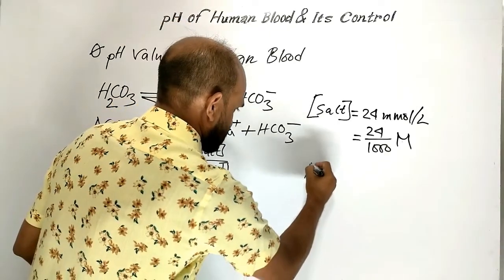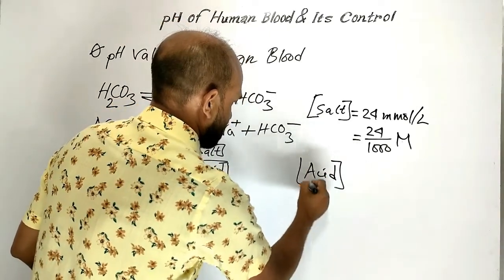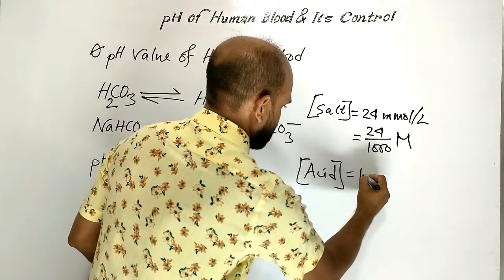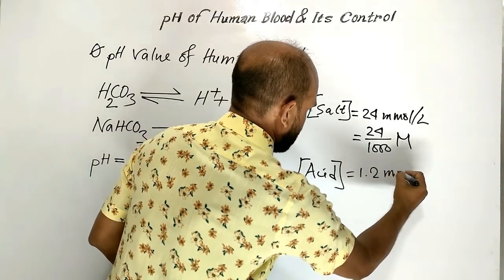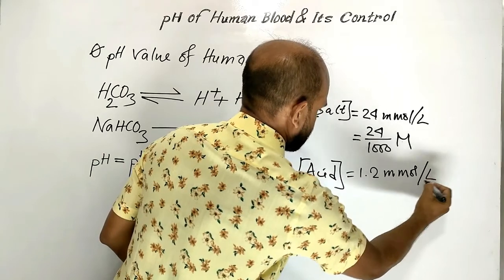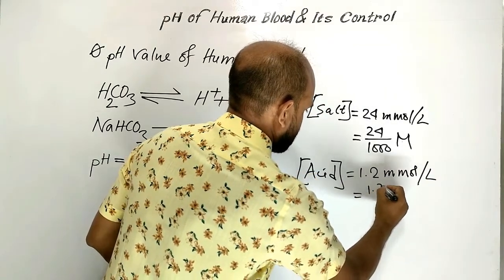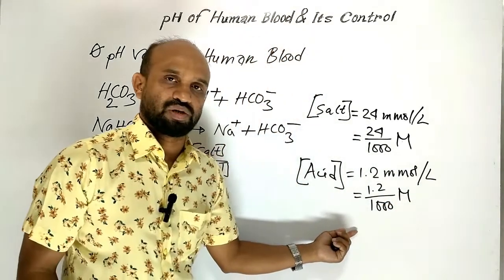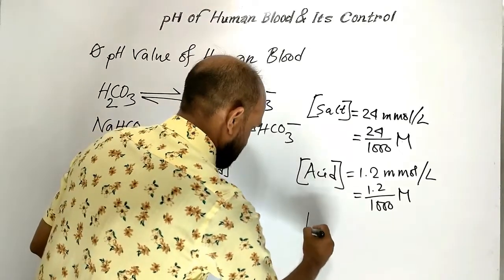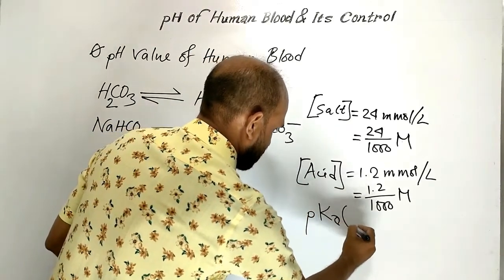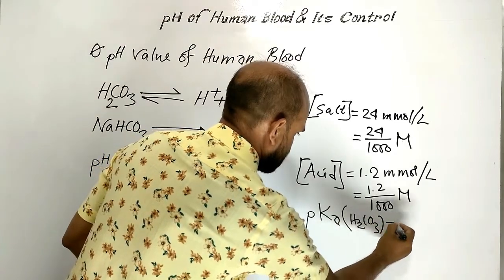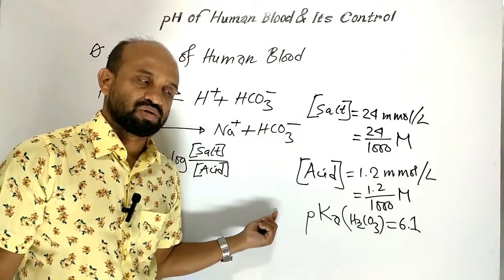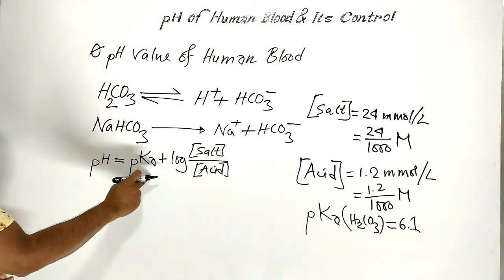Again, concentration of acid in human blood, that is concentration of carbonic acid, is 1.2 millimole per liter, that is 1.2 divided by 1000 mole per liter. Again, pKa for carbonic acid is around 6.1. Putting these values in the Henderson-Hasselbalch equation, we get